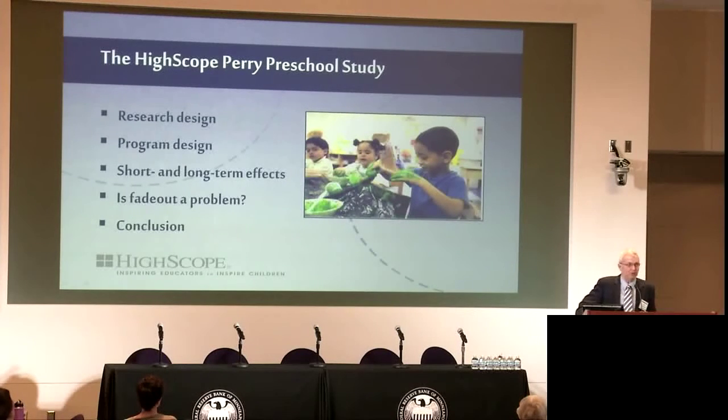really two meanings of the word explain, and I'd like to clarify that because people don't always distinguish between those two terms. There's explanation of long-term effects in the program itself. What were the components of the program that led to long-term effects? And then there's a second type of explanation, which is how do the short-term effects explain or account for the long-term effects? What were the mediators of long-term effects? It's a different question, and it's important in its own right.